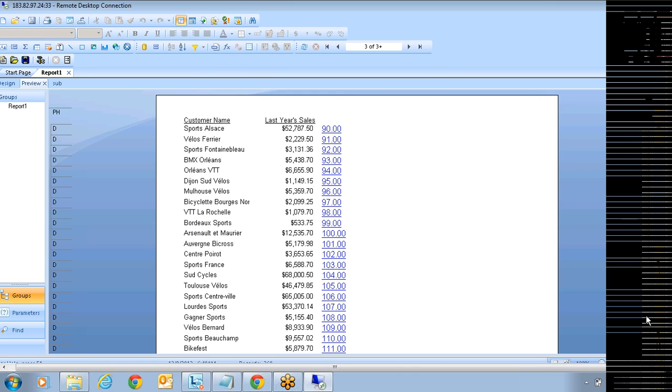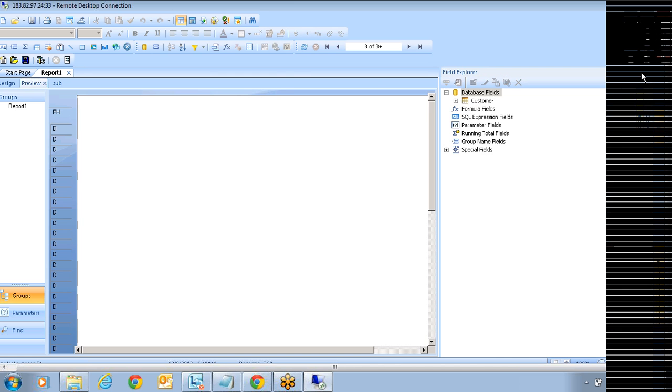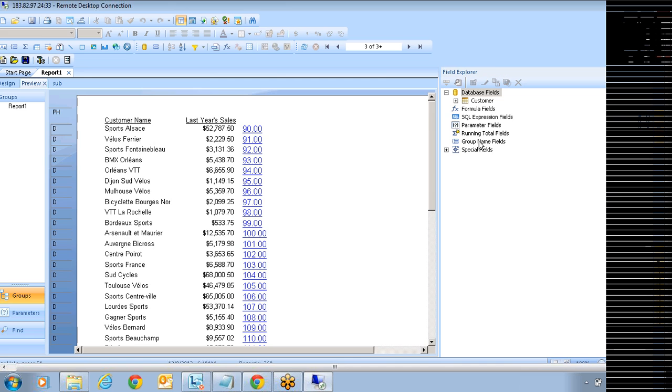So that is about sub reports in Crystal. Now let's talk about running totals. So we are done with SQL expressions, parameters, running totals. So now here running totals are nothing but for getting cumulative sum